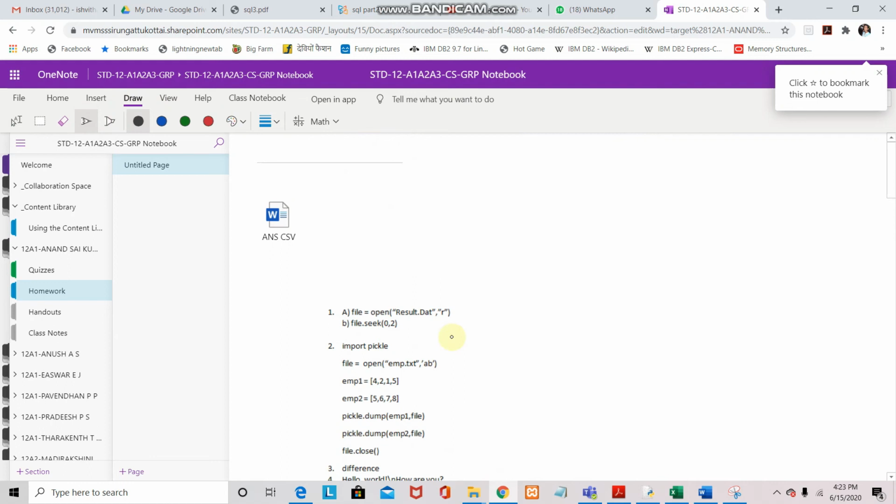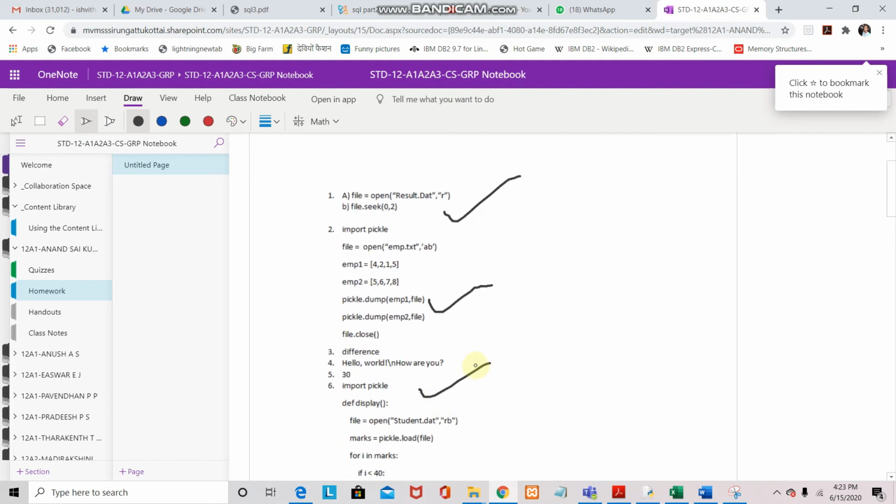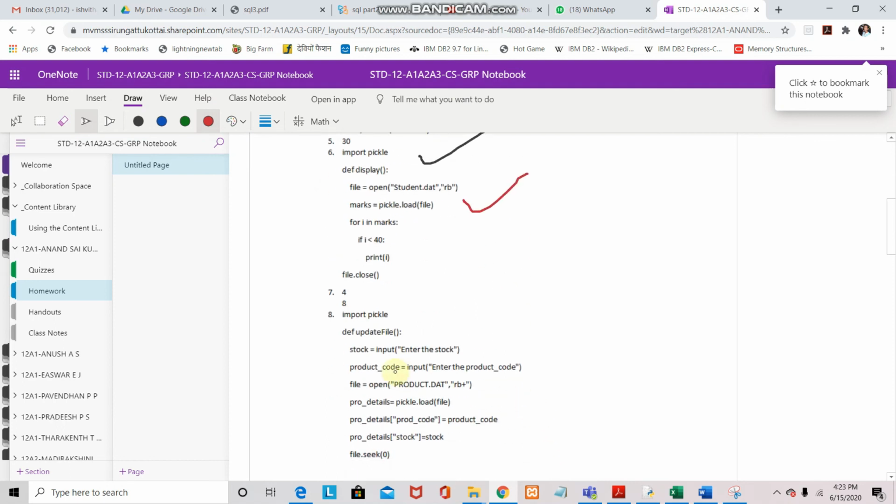Now how the teacher is going to correct it is by selecting the draw tab and selecting a particular pen. We can also select the color whichever we want, and after which we can make the correction. So in this way we can make the correction and complete our correction part also. The student can submit and the teacher can correct. Everything can go hand in hand.